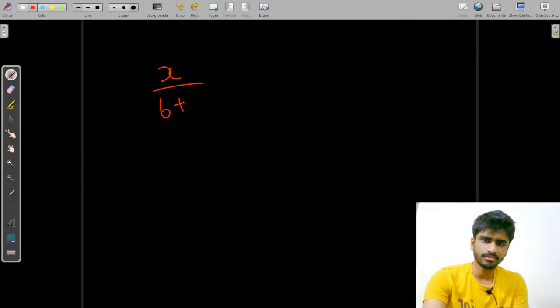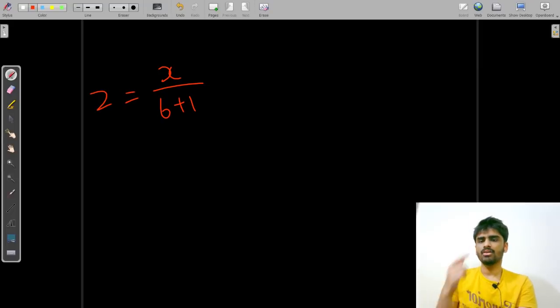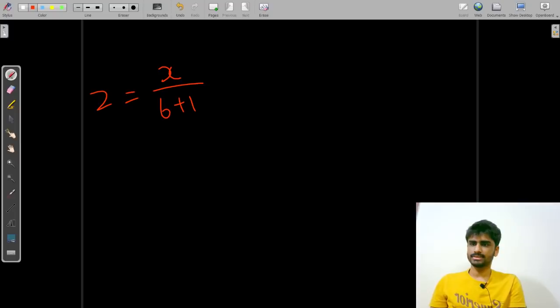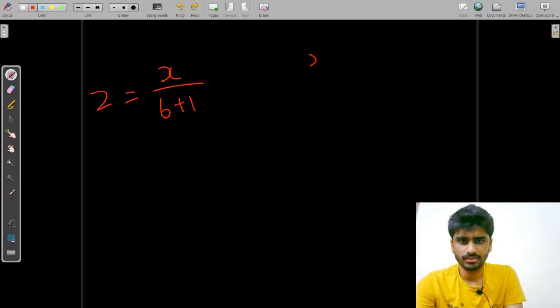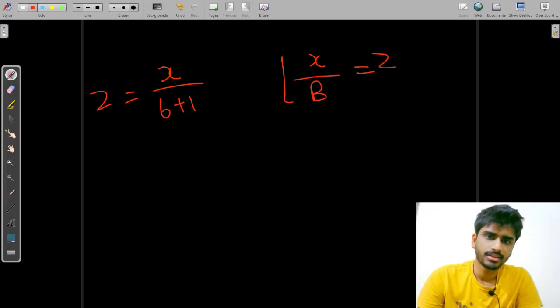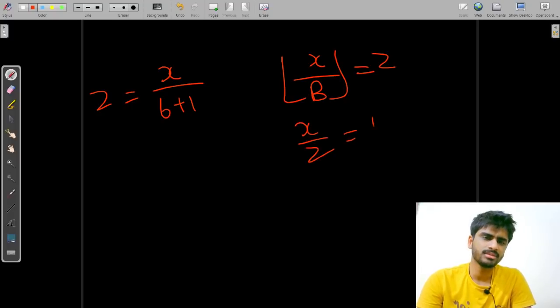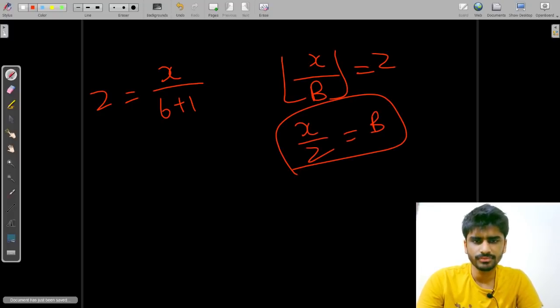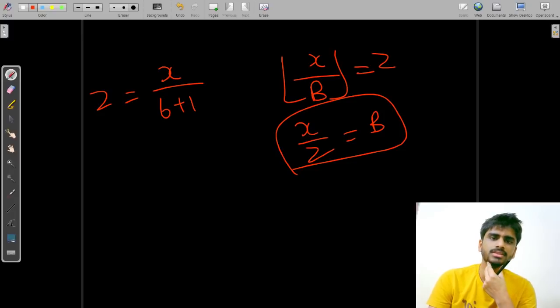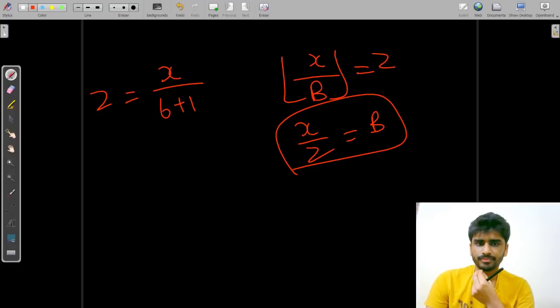We want to iterate on x by b plus 1 and we called it z. Now I want to know how many b's will give us this z, right? So x by capital B equals z. That means x by z equals b or something. Is that true? I think it's not true because z is a bit smaller, right? And what x by b should be. And then if we multiply and then if we divide,